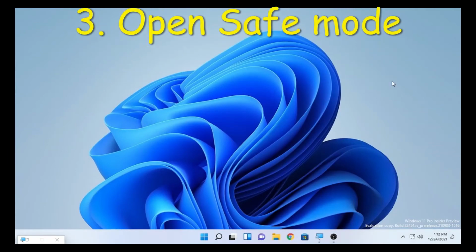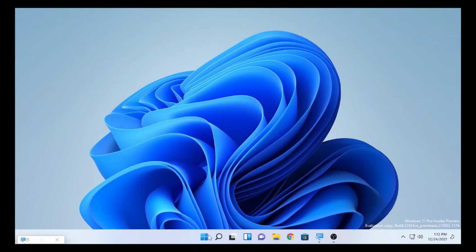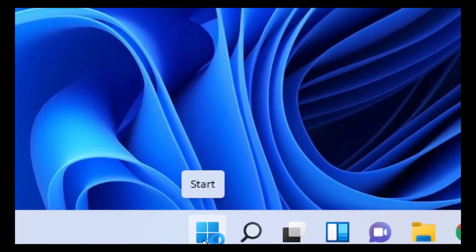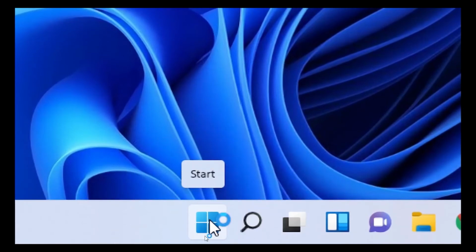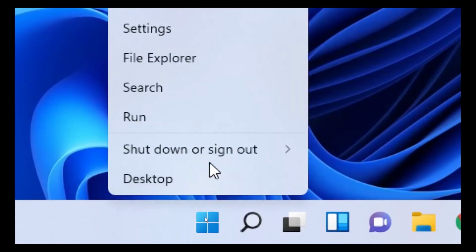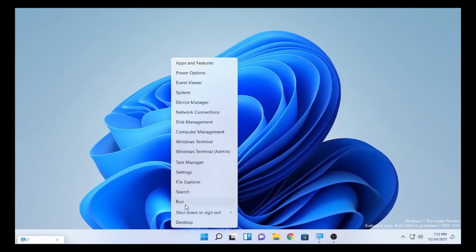So log in under the safe mode on your computer and let us try some solutions to stop the restarting problem. So to get in under the safe mode, click here on the Windows icon and right click on it. Then it will show you here run.